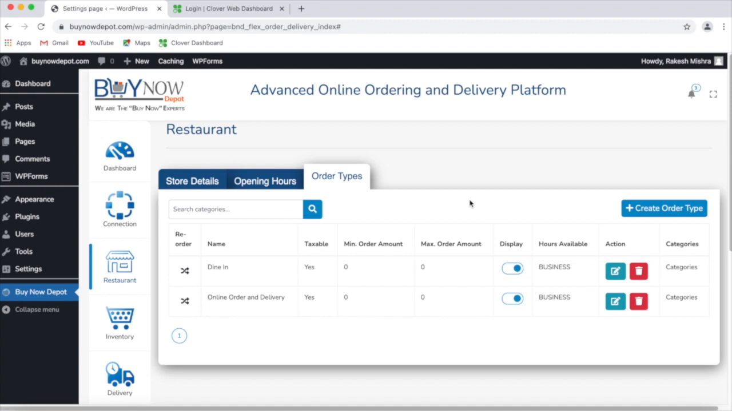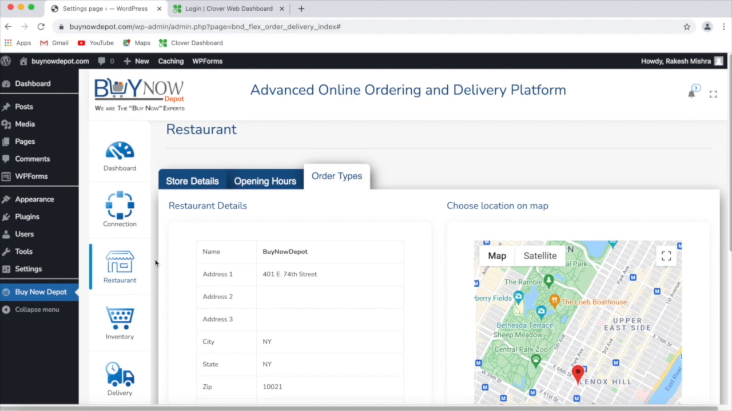So on the order types tab, you will see a list of order types which is configured in the Clover and imported into this plugin. This list will appear in the configuration section to select the default order type for online ordering and delivery and online pickup. Now we can go to the inventory management tab where you can see the list of categories, items